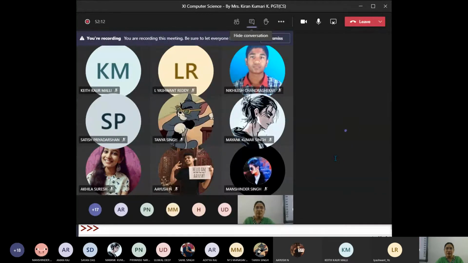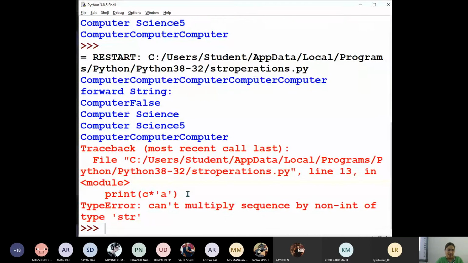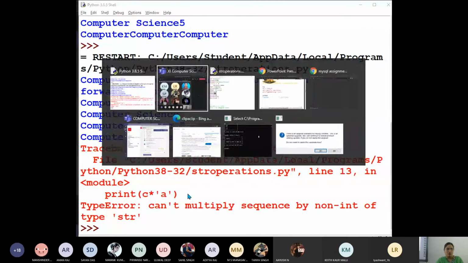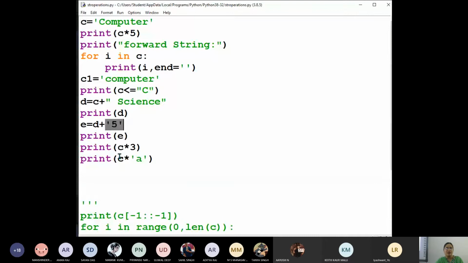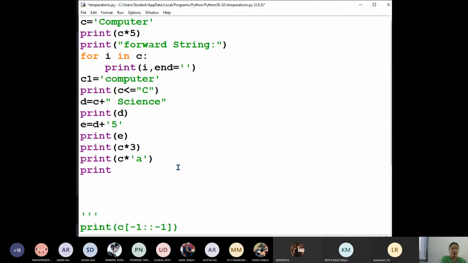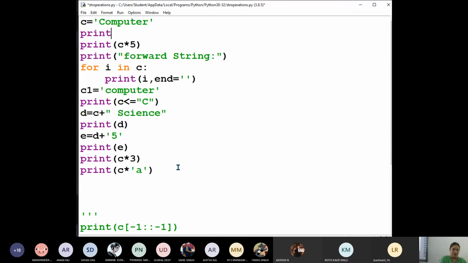Replication कब होगा? Multiplication के बाद एक integer value दिया तो replication होगा. ठीक है? Say for example, if I am giving a floating point value, so first output will be whatever we are expecting.